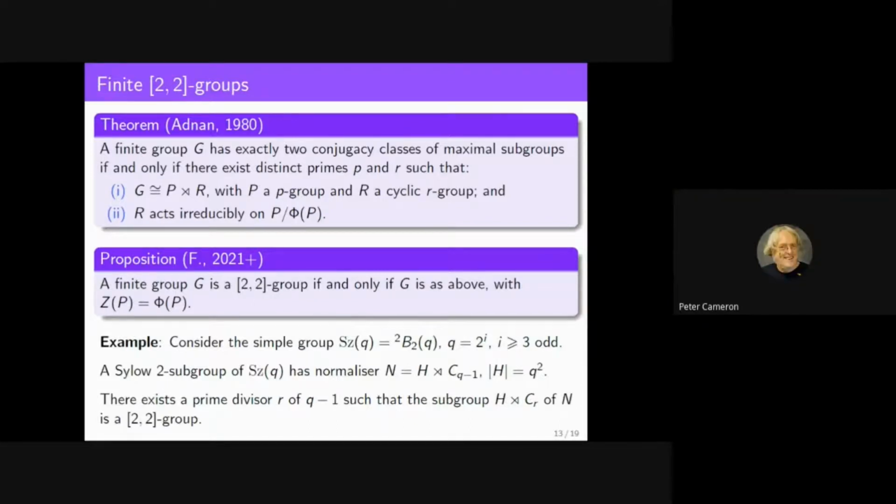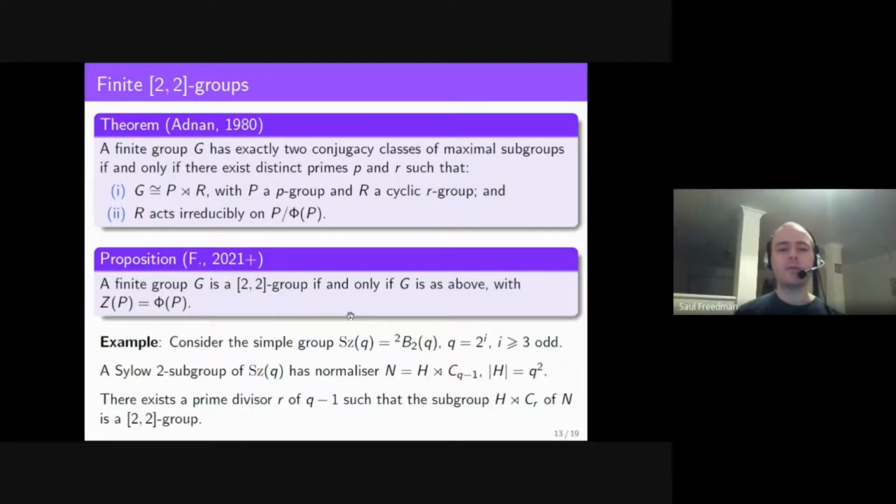Okay. Yes, I think actually it's special because you've got something acting irreducibly modulo phi, and phi is contained in the derived group. Sorry, do I mean that? No, phi contains the derived group. I beg your pardon. Yeah. Well. So of course, any special group satisfies this property, but for extra special groups, you also need the order of the center to be equal to P. But yeah, this is almost like a special group.